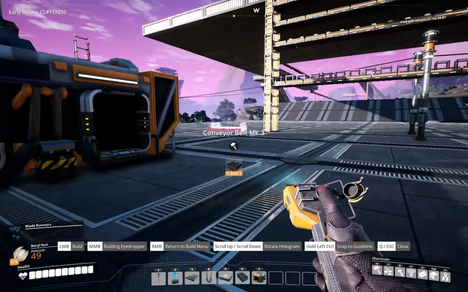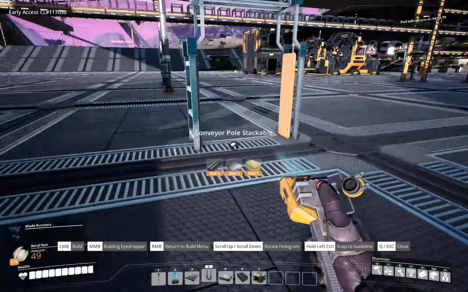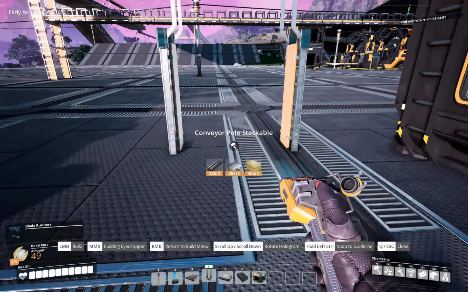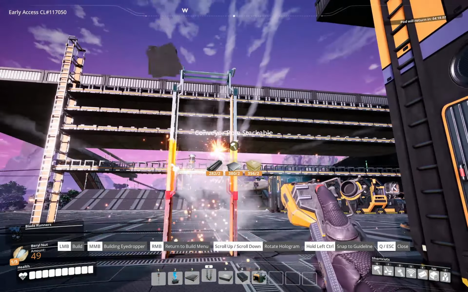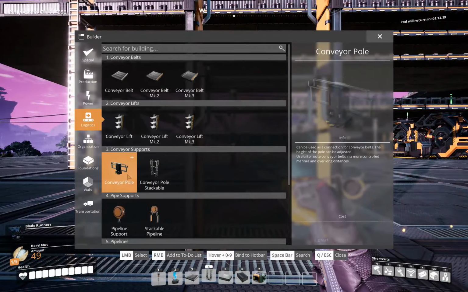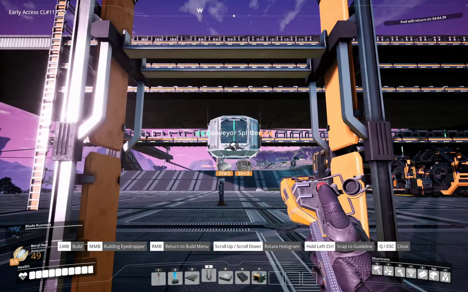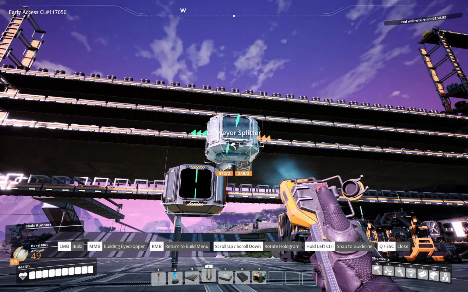Now, let's get... I want to go... That power pole is in the worst possible place. We want a little bit of space here. 1, 2, 3, 4, 5. Okay, so you get a splitter right in the middle there. Cased beams, we're gonna have to go